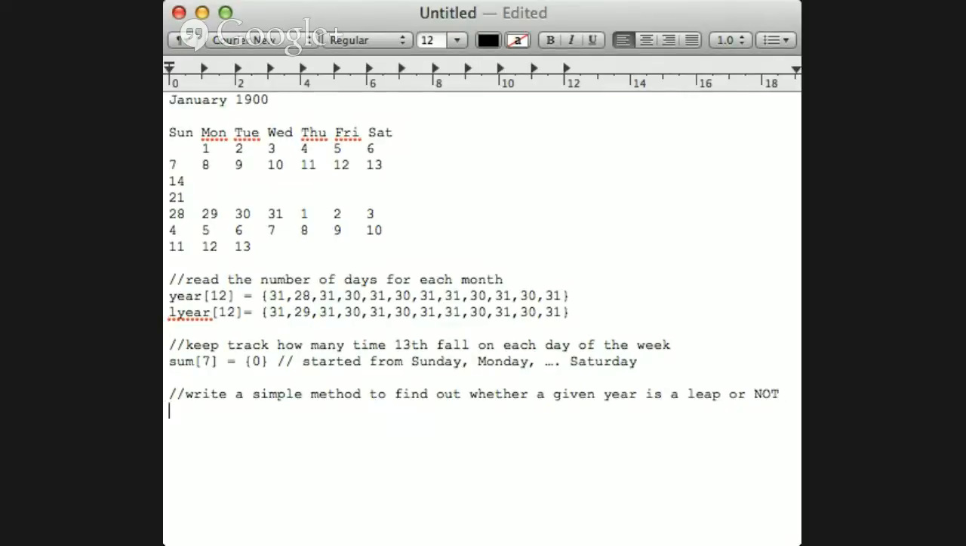Right? So it has to be given in the text. Let me see. Every year evenly divisible by 4 is a leap year, except if it is a century year. Century year means 1700, 1800, 1900, and 2100. So this means it's a leap year if